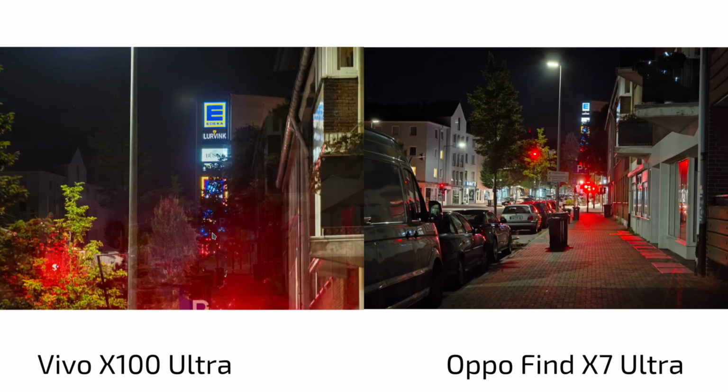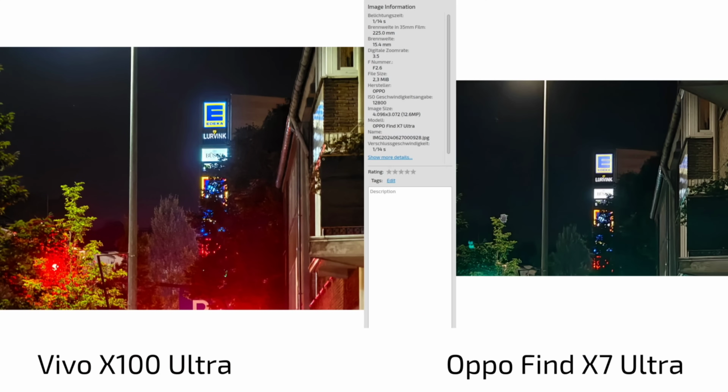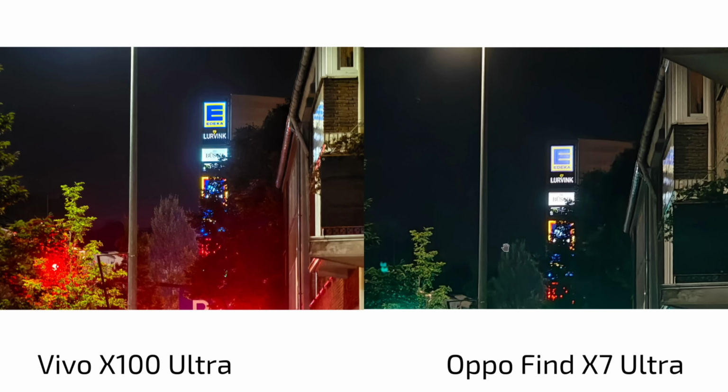And this gets exaggerated when we zoom in a little further. This is now 10 times zoom, and you clearly see the Oppo Find X7 Ultra is falling apart because it's not using its 6 times telezoom lens. It's just utilizing the 3x and cropping in, which is not ideal here. You can see much better on the Vivo X100 Ultra, but we can of course go and force the 6x zoom